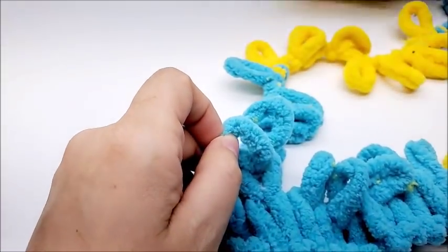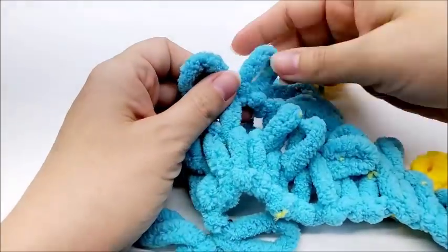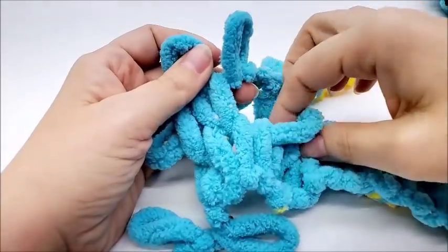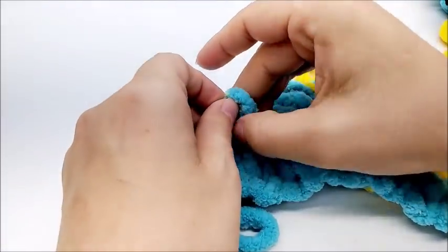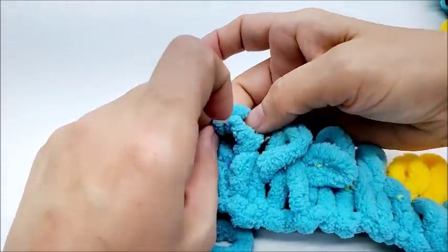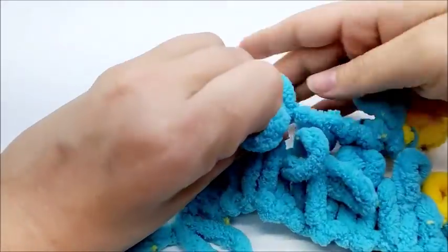I moved this over here. There's fuzzies going everywhere, coming off of it. See all the yellow fuzzies. And then I pull this one from behind. I don't want to miss another loop. That's quite embarrassing. But hey, I already admitted I'm not a big fan of loop it, so